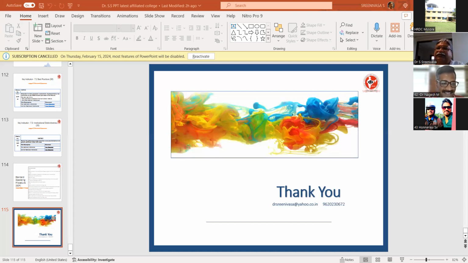Nagaraj sir, there is one more question asked by Dr. Shivkumar. UGC has given permission to appoint assistant professors without a PhD. Is it not going to decrease the points in the criteria of NAAC? Okay, so publication. Without a PhD, his publications will not be there, that is the only thing.